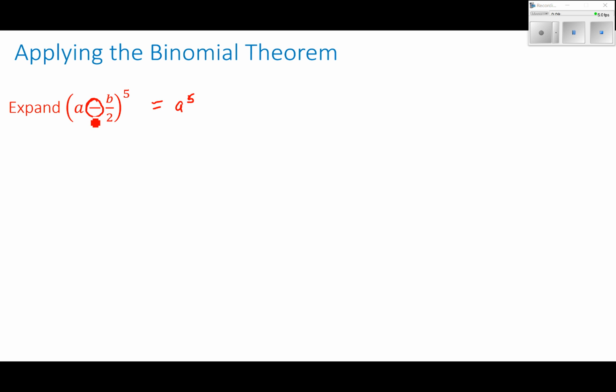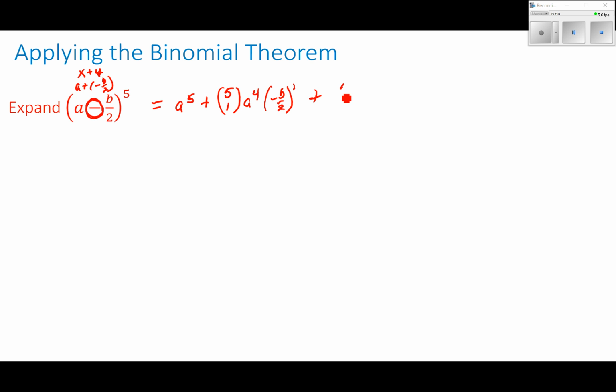Pay close attention to this sign. This is a negative, and so we've been treating everything as x plus y. In this one, let's treat it as x plus a negative b over 2. So that negative b over 2 is going to be our very last term raised to the 5th power. All right, so if we were to expand this one out, a to the 5th, 5 is my n, and so I'm going to do 5 choose 1, and this will be a to the 4th, and then a negative b over 2 raised to the 1st power. So a to the 4th, and that term raised to the 1st still gets me my sum of 5,